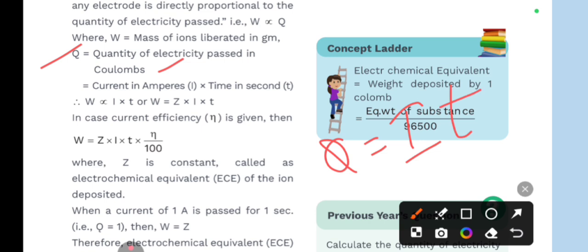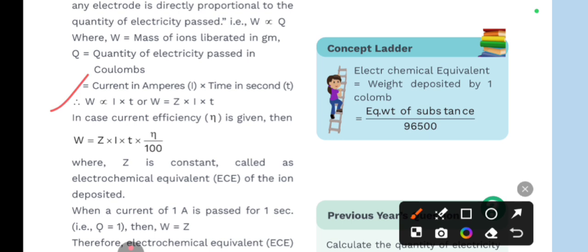So that is what is given here. Q is equal to current in amperes and time in seconds. So how much quantity of electricity you require is equal to I into T. How much current you need in a particular time. So according to the first law of Faraday,